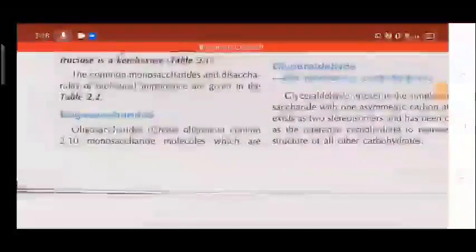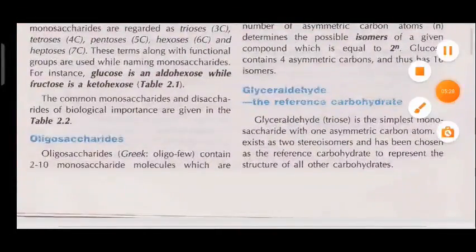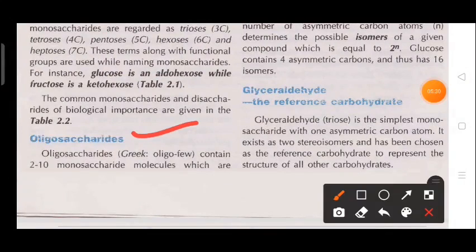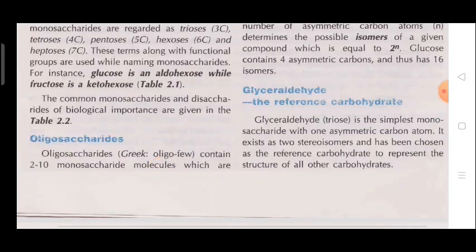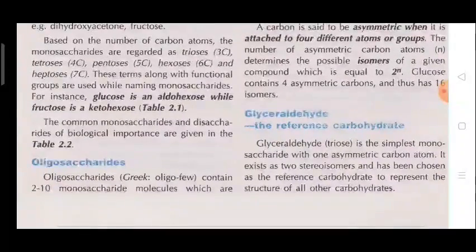If we are talking about oligosaccharides, oligos is a Greek word. Oligos means few, containing 2 to 10 monosaccharide molecules. Okay, when a unit contains 2 to 10 monosaccharides,